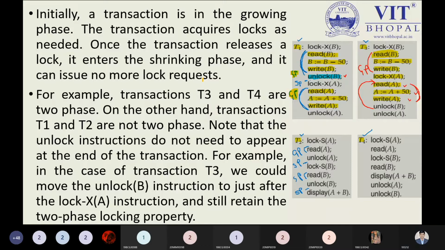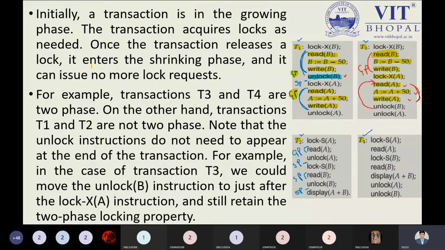So if after the write A, I need the B data item, then I can perform some operation because it was not unlocked so far. But after unlocking B, I was unable to use data item B anymore. So that is the reason. The same thing has happened with transaction T2 and transaction T4. So transaction T2 does not follow the growing phase and shrinking phase, but it is converted into transaction T4. So with the help of delayed unlocking, you can transform your transaction into two-phase locking. So that is the point.